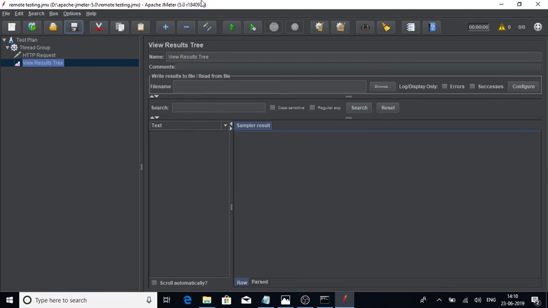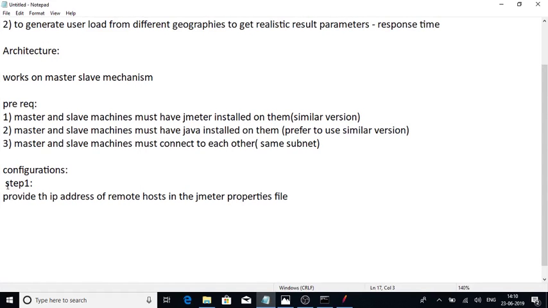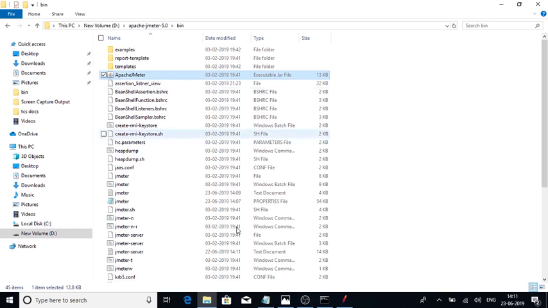So now we have created the test, but we will not be able to do the remote testing as of now because we are done with only step 1 from here. We need to do some more steps as well. We need to do 2 steps now. So what 2 steps do we need to do? Let me tell you. For step 2, if you navigate to the bin folder of JMeter again,